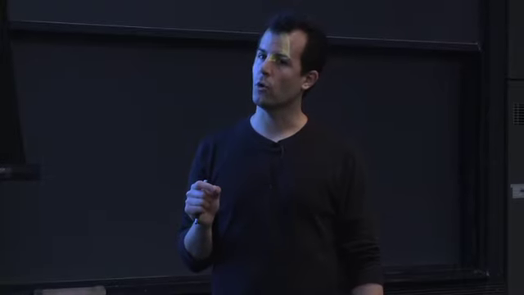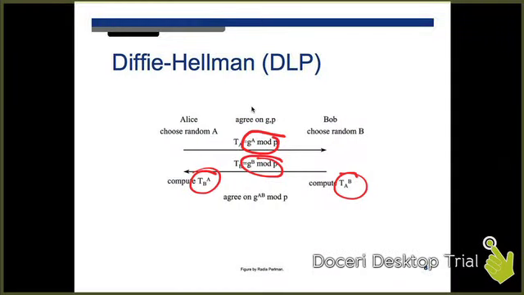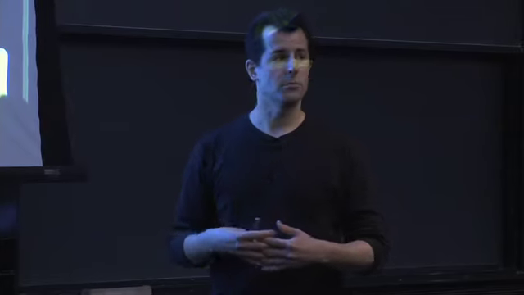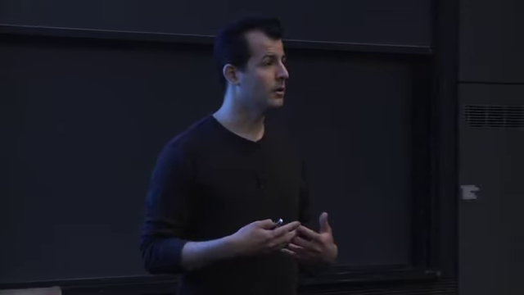So at this point in the story, Alice has A, she has T sub B, but she also has G to the AB mod P, even though she doesn't know what B is. And Bob, conversely, has the same resulting value, G to the AB mod P, and he has B, but he doesn't have A. So we've constructed a scenario in which both Alice and Bob have some shared secret,